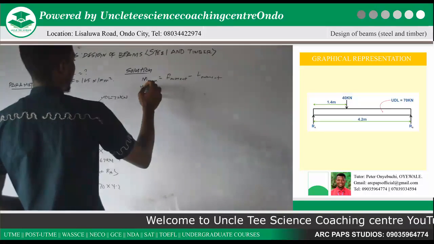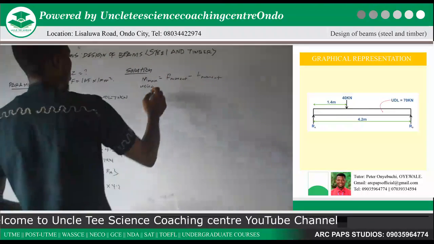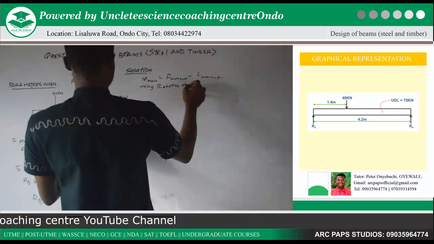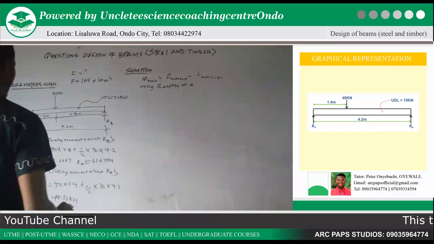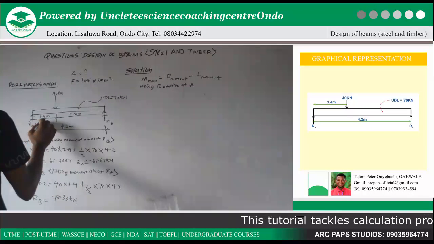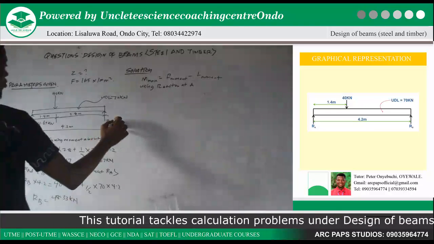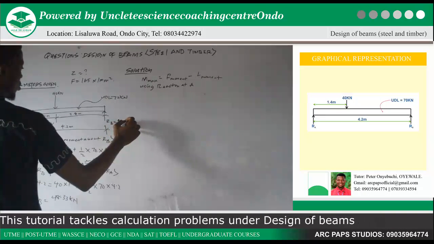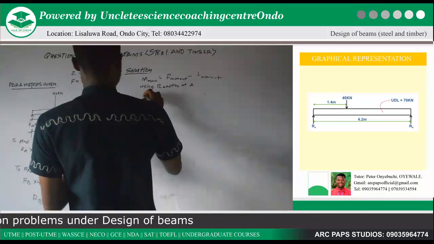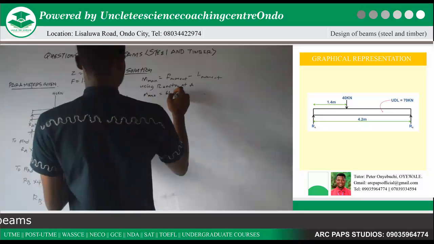Now, since our Mmax is still the same as our reaction moment minus our load moment, now using reaction at A, our RA we have gotten to be 61.67, while our RB we have gotten to be 48.33. Now, using reaction at A, our Mmax will give us